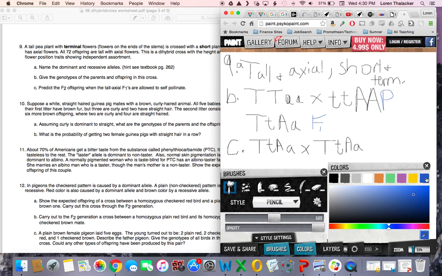So in order to find our gametes for our dihybrid cross, we need to take our first allele. When we make our gametes from dihybrid crosses, we need 2 alleles in each gamete, and we need 1 for each trait. So we need a T and an A. And it could be big T, big A. But that big T could also pair with the lowercase a. Our lowercase t could also pair with that uppercase A, and the lowercase t could pair with the lowercase a. So our gamete options